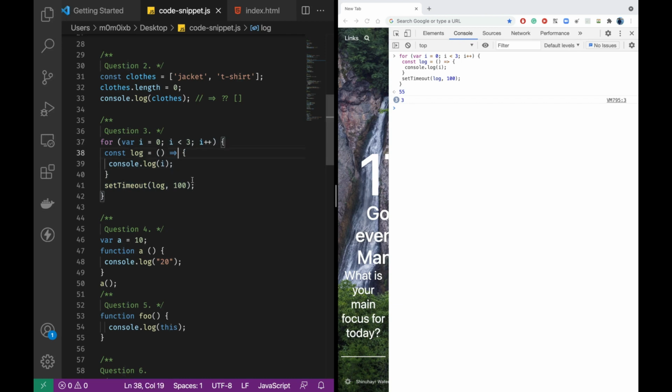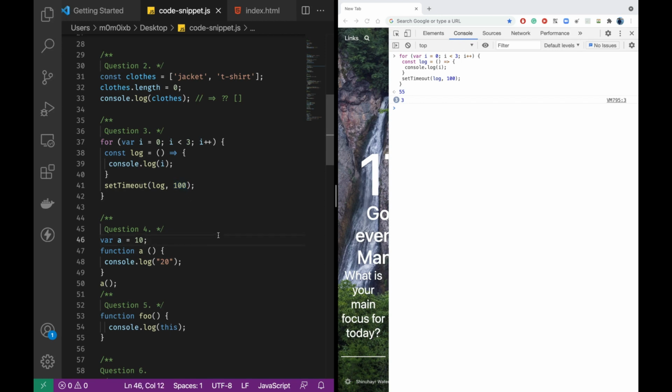What should have happened here is when i starts from 0, that's the first iteration, it should have printed i, which is 0, and then it should have printed 1, then it should have printed 2. The next time i would have become 3, so the condition is false and it will not go inside this for loop. That's what we are trying to put inside this log function, and the log function will run when the timer gets finished. So the for loop will finish first, and the timer will run after the for loop, because we have introduced some delay, right? But why are we seeing 3 three times?